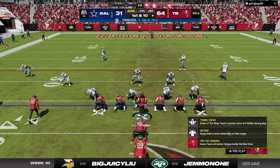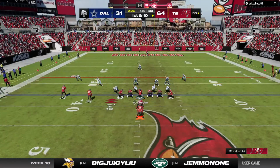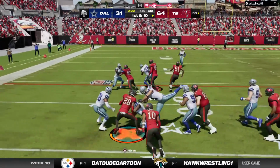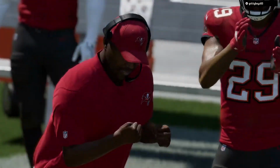So from the 36 now, 1st and 10. Take over 1st and 10 at the 36-yard line. A handoff to Mixon. And he'll take this for a short gain on what will prove to be the final play of this